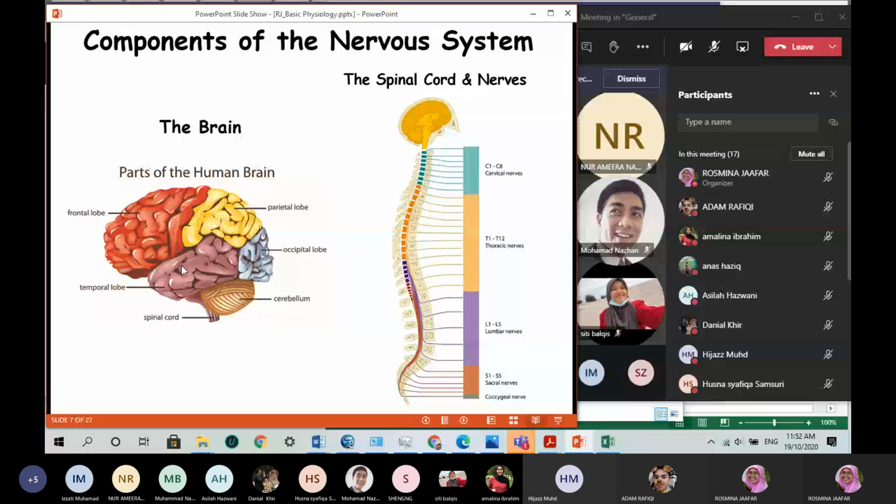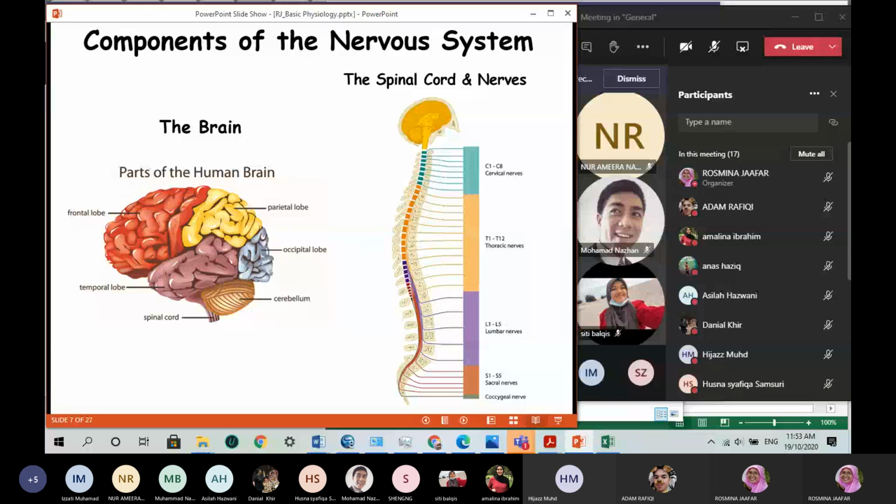The brain, in layman's terms, we call it brain, but in scientific terms, we call it cranial. So there are 12 cranial nerves to control within the brain itself. From the 12 cranial nerves, only one nerve extends away from the brain, and this nerve controls internal organs without your consciousness. And the nerves on the spinal cord are voluntary control. So you can control your hand, you can sit down, stand up at will.